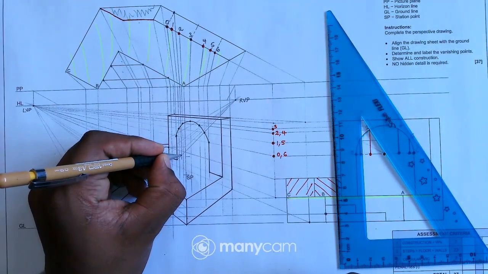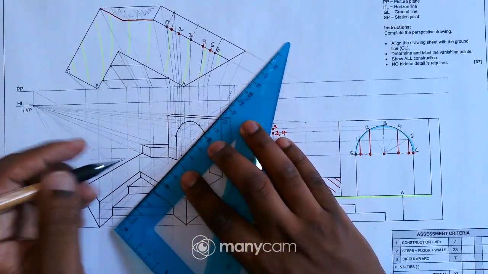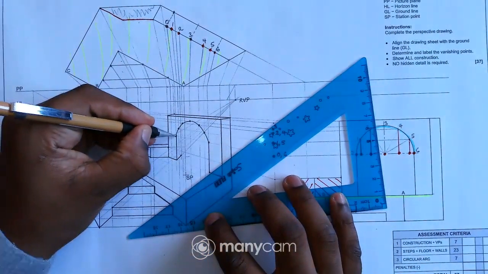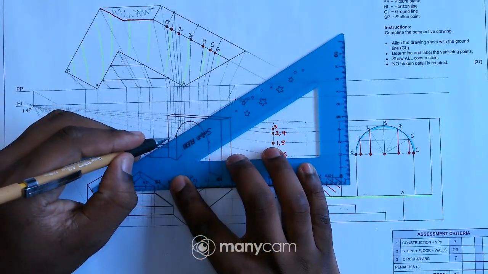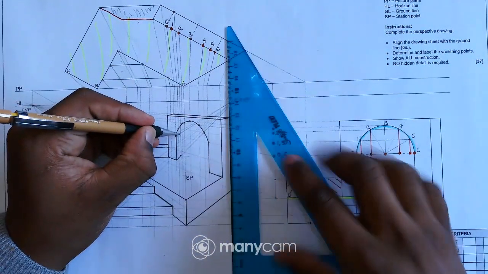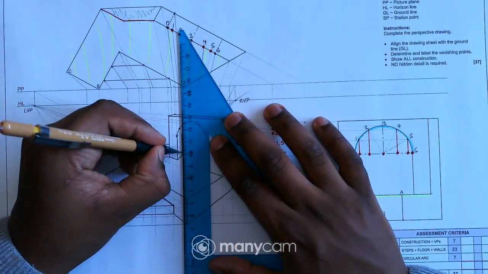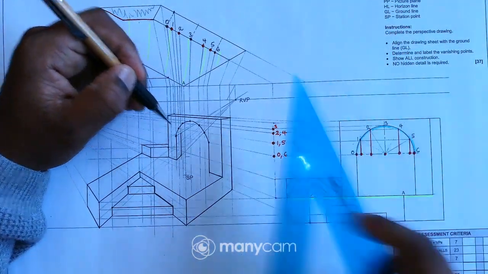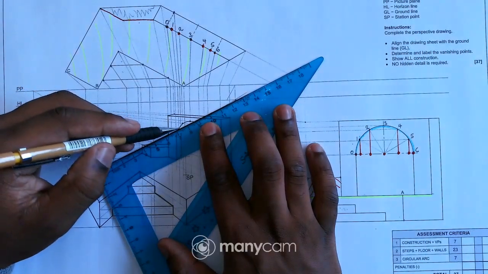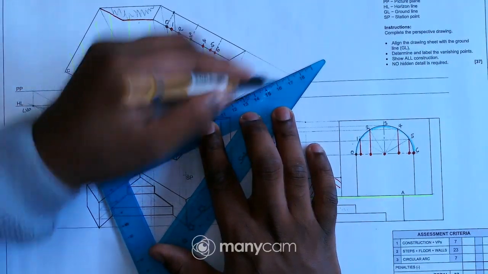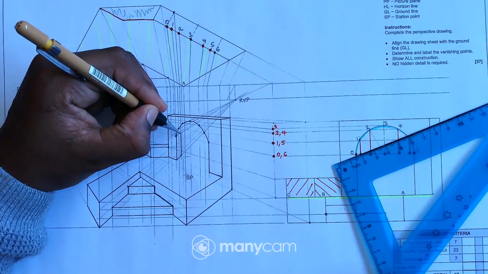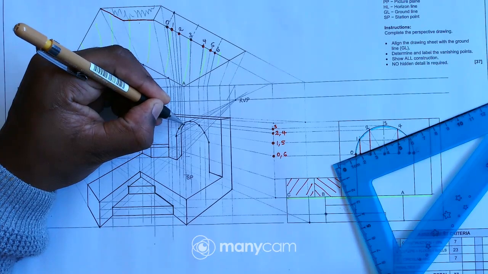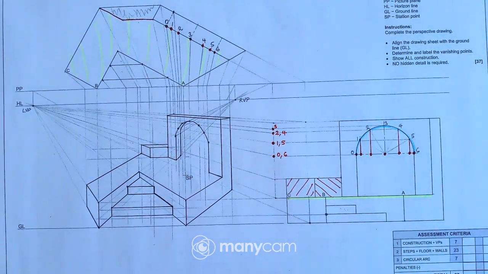So I have a point over there, and from this point I can take that point to the RVP, so the vertical line will end there. If I take those points to the RVP, I can just draw a neat arc there, just like that.